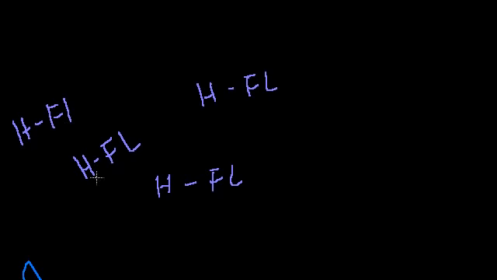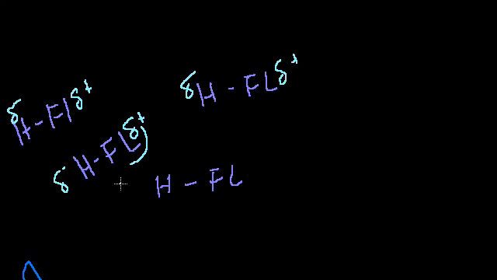So this is a super strong case of the dipole-dipole interaction, where all the electrons are going to be hogged around the fluorine side. So you're going to have a partial positive, partial negative side, partial positive, partial negative, partial positive, partial negative, and so on. This is really a dipole interaction, but it's a very strong dipole interaction, so people call it a hydrogen bond because it's dealing with hydrogen and a very electronegative atom, where the electronegative atom is pretty much hogging all of hydrogen's one electron. So hydrogen sitting out here is just a proton, so it's going to be pretty positive, and it's really attracted to the negative side of these molecules.